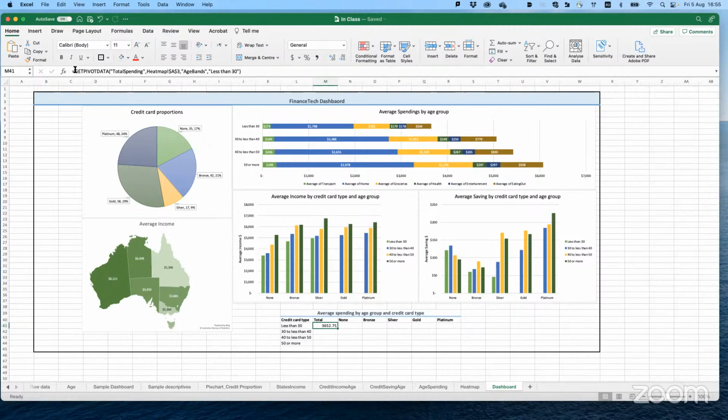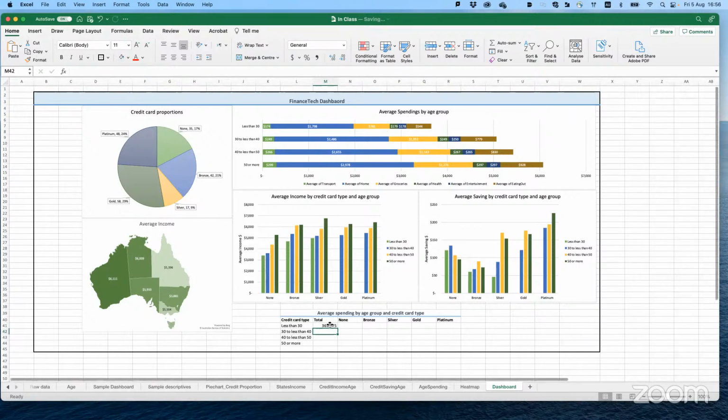Then, to avoid any error, we want to ask it IF ERROR. If it comes with an error, then give me an empty cell. So it is fixed. Okay. If it is an error,